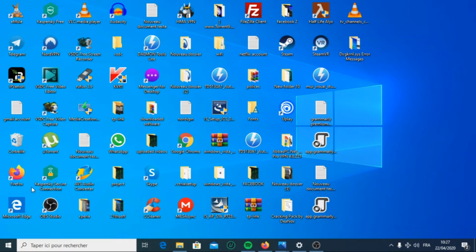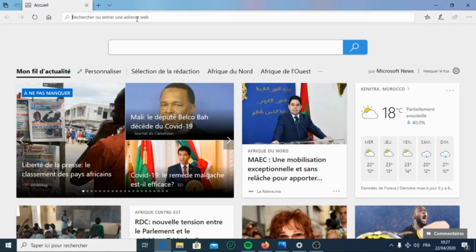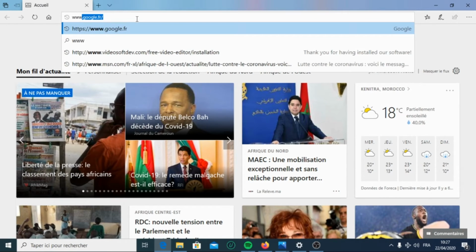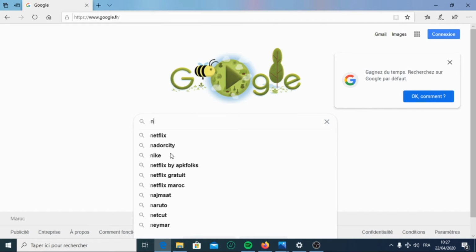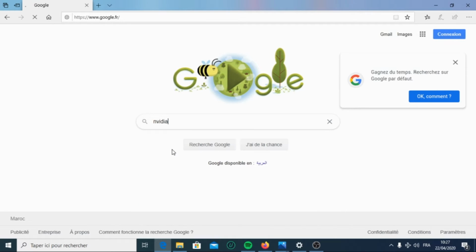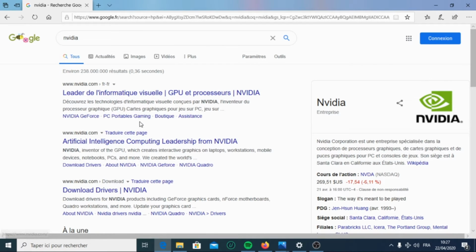But if you want to do it manually, if you have AMD or GeForce Nvidia, all you have to do is go to your browser, open it, then go to Google. If you have Nvidia, all you have to do is type Nvidia, enter, then go to the manufacturer's site,